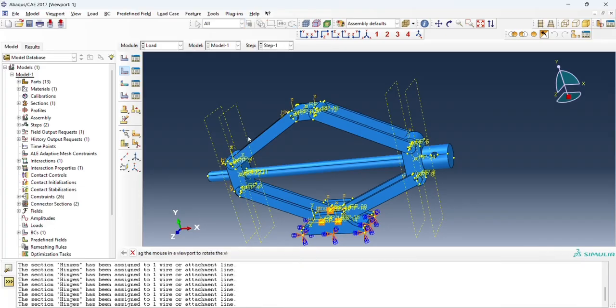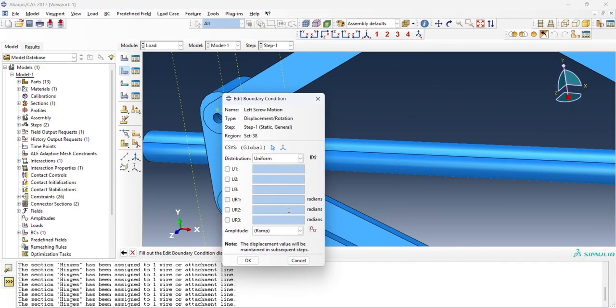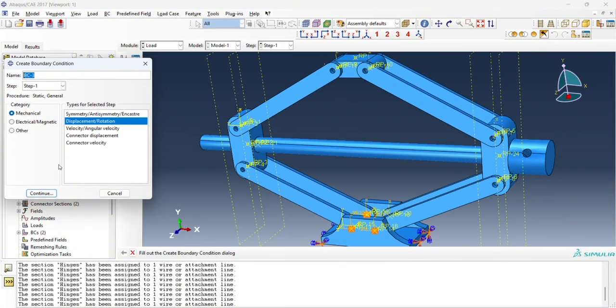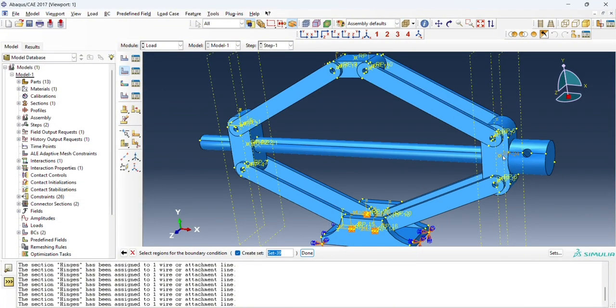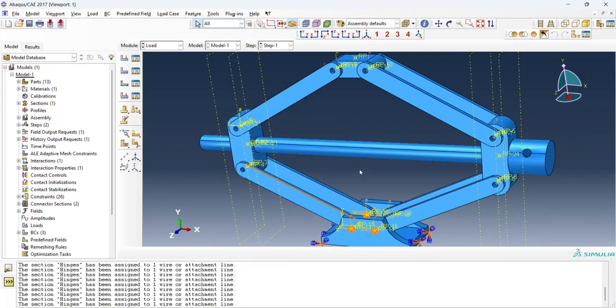So we'll add our reference point over here, and then we are going to add 40 rotation about the z-axis. Let's make the others 0, and we'll do the same for the right side, right screw motion. And then -40 on this one,